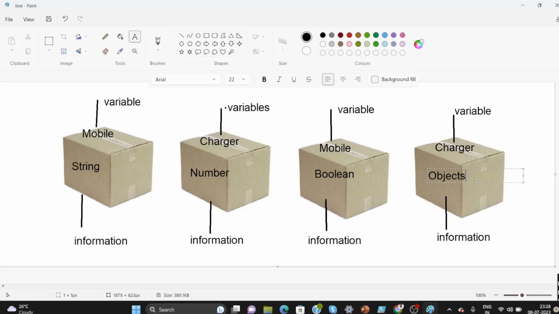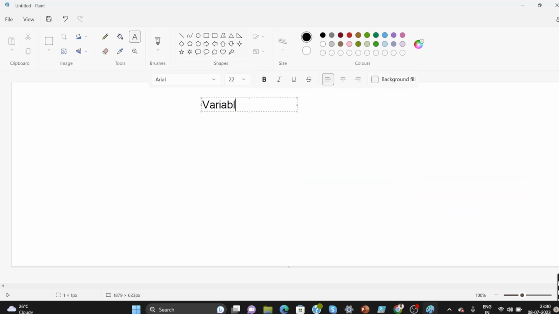What is a variable and how does it work? So the conclusion of this story is that a variable is used to store information, and this information could be of different kinds, right? A string, number, Boolean, and object, etc. And you can also store an array and a dictionary, meaning a hash table. What are variables? A variable is used to store information,